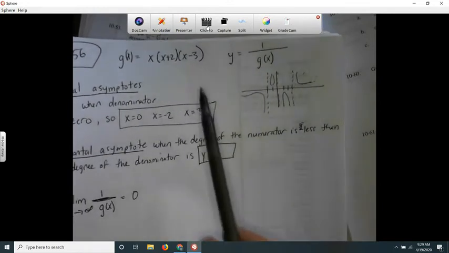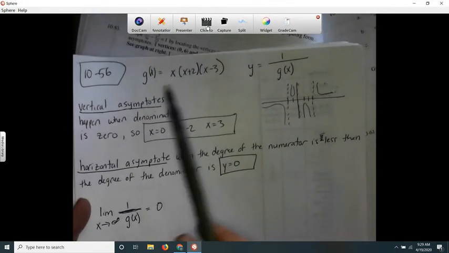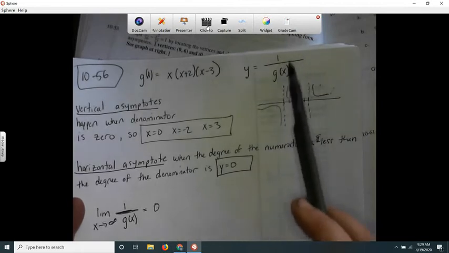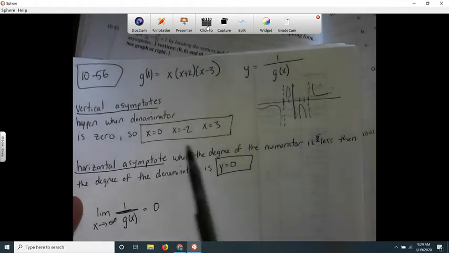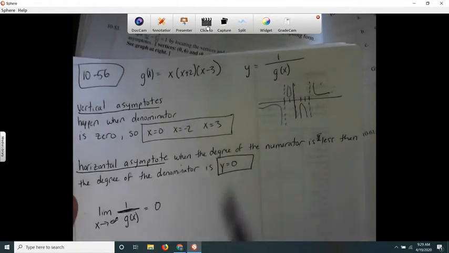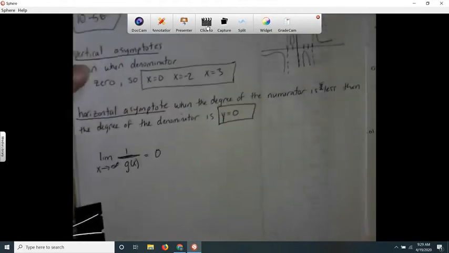basically, when you have a 0 denominator on a rational function, you can just set that denominator, which is this, equal to 0, and you can get your vertical asymptotes. Okay, your horizontal asymptote,